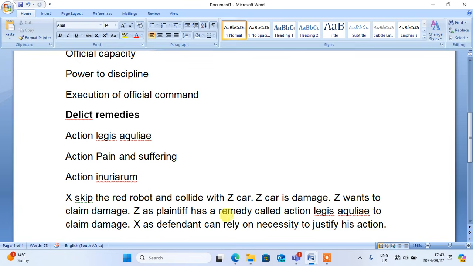So he's saying, I collided with Z's car because I was rushing my child to hospital. Therefore, this person will rely on necessity. So it was necessary for me to skip the robot because my child was dying and I was rushing my child to hospital. It means that X is relying on necessity to justify his action, saying that my actions were not wrongful. Remember, in the conduct, it means that when X